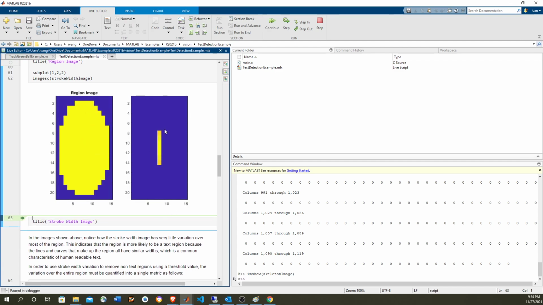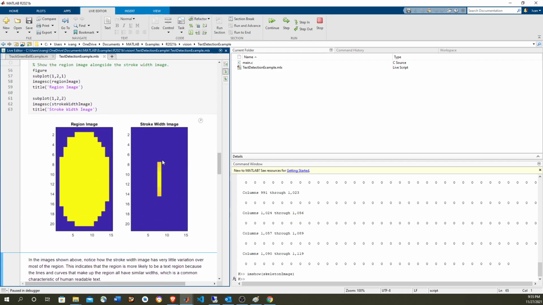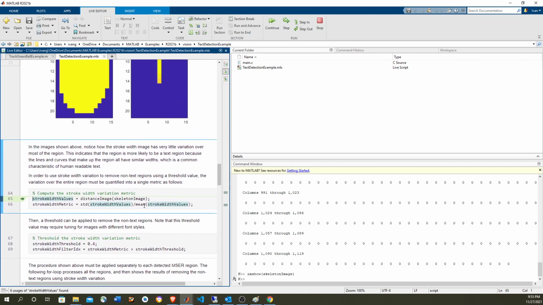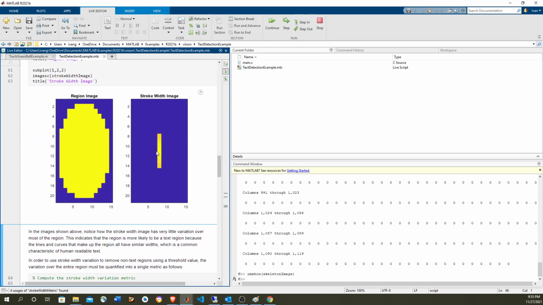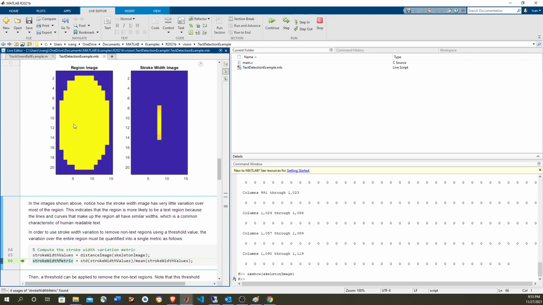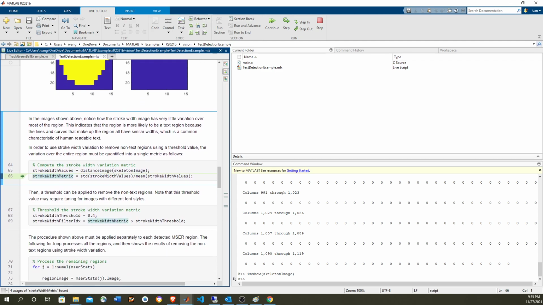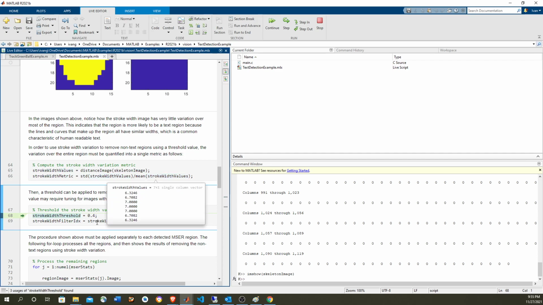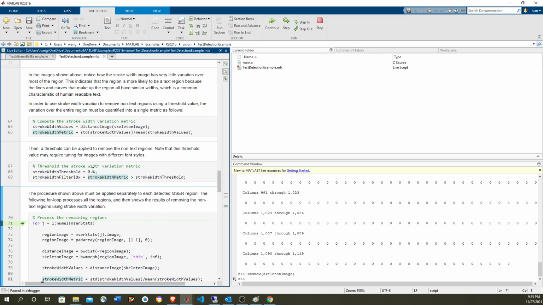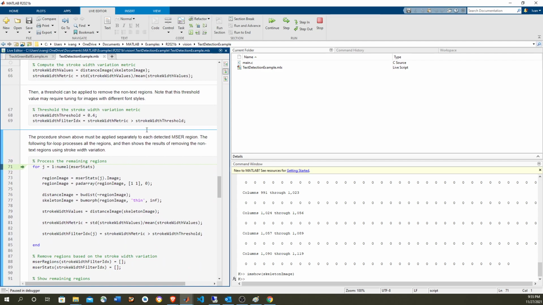So you can see the character here, and this might be called the stroke width image in the region image. With that, you get the skeleton image. You use it as an index to get the stroke width values, and then you get the ratio between the standard deviation and the mean. If you are above a threshold, then you get filtered out because you're not a character according to